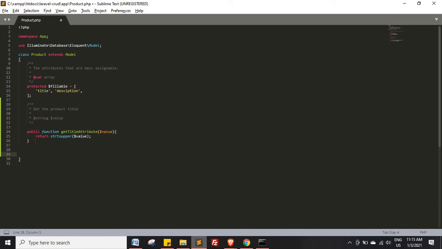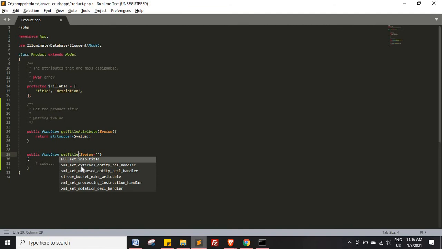So for mutator also you can define the same way, public function, and in accessor we are using get. In mutator, that means we want to alter our data before it is getting saved. So at that time it will be set, and which column we want to manipulate, it will be title, just like same as accessor, and then after that attribute.